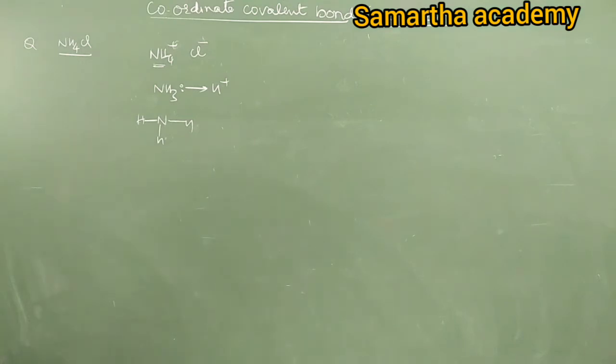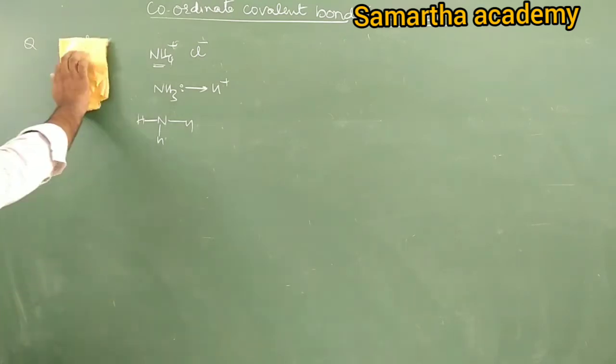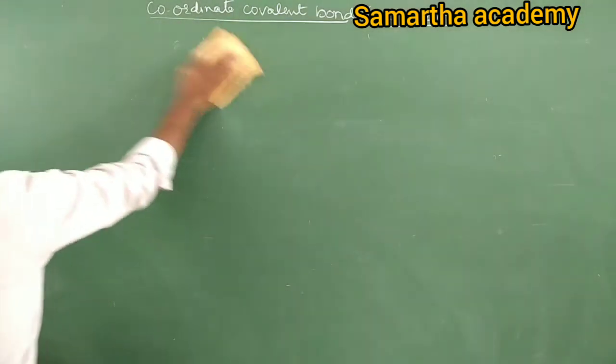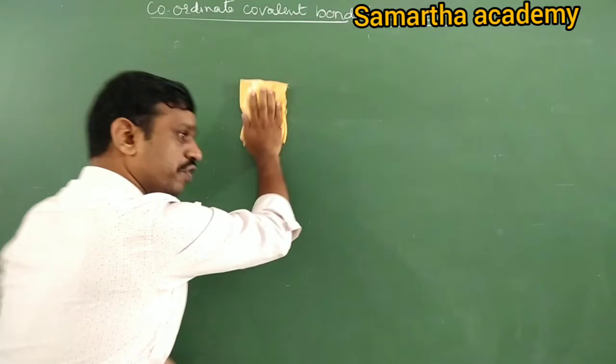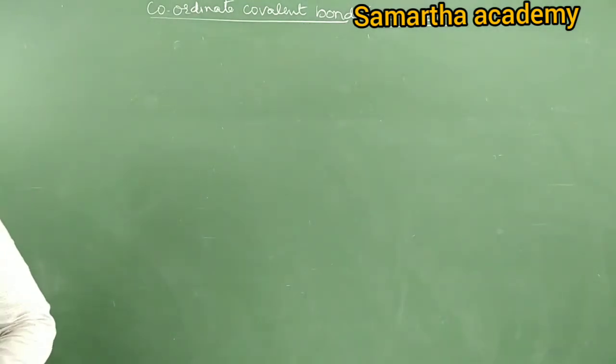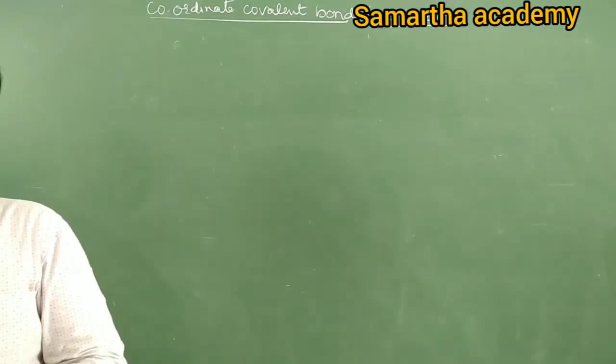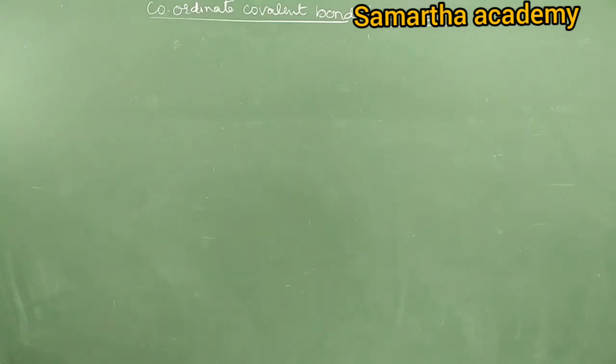This is one possible question. By giving a molecule, they expect which type of bonds are present. Other than this, nothing more will be asked about coordinate covalent bond. If they ask about properties: in the beginning we studied that coordinate covalent bond is one kind of covalent bond. Therefore, the properties are those of covalent molecules, like melting point and boiling point.